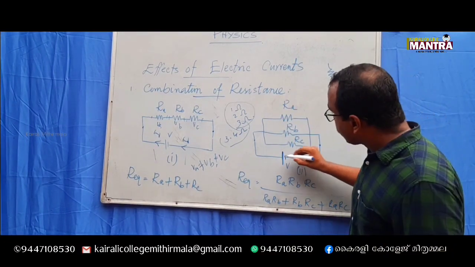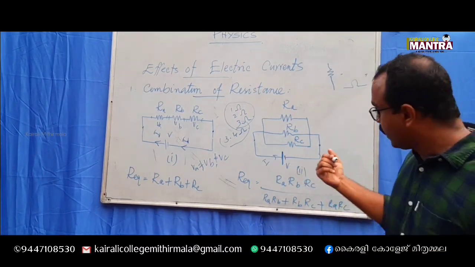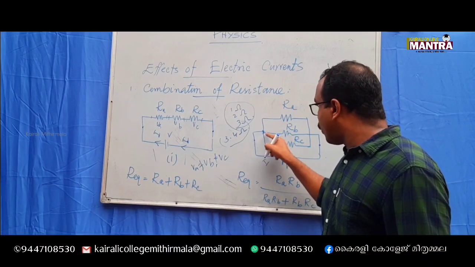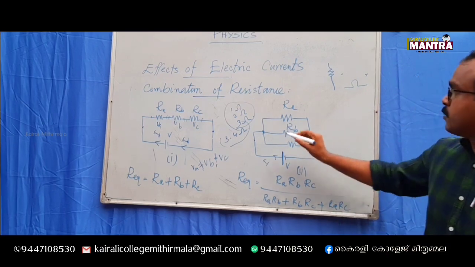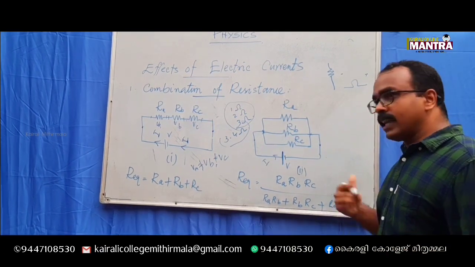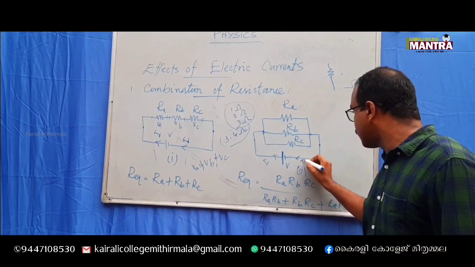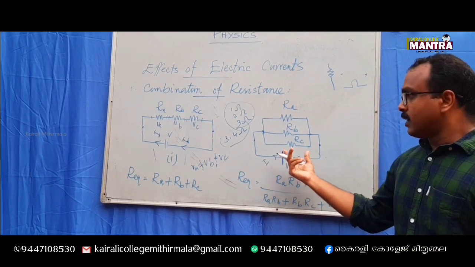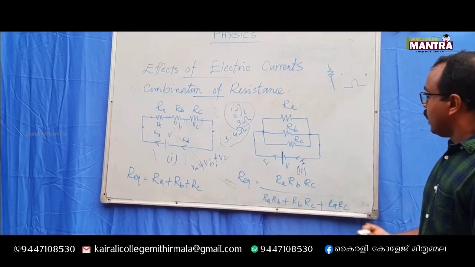And here again we have a current generated from this voltage source V, and this current will travel to this point, and at this point the current gets divided and distributed among each of these branches, and finally at this point it recombines and comes back to the voltage source itself. This circuit we call a parallel connection.